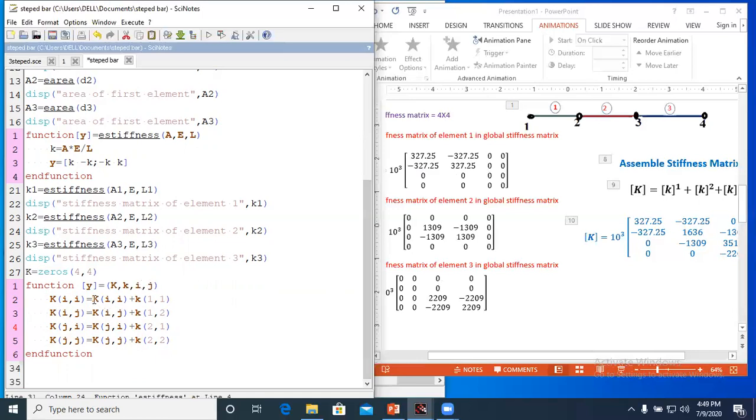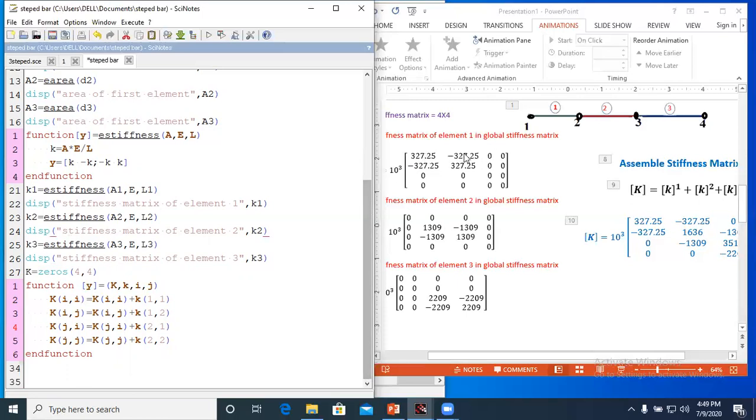In the first step, this is 0 plus k11. k11 means the first coefficient of the stiffness matrix of the first element. That means this 0 is replaced by this k11, and you will get this term.